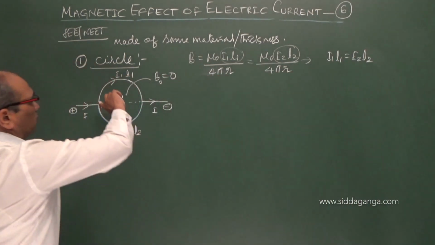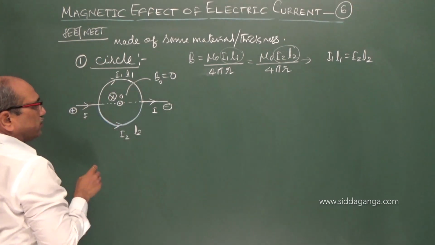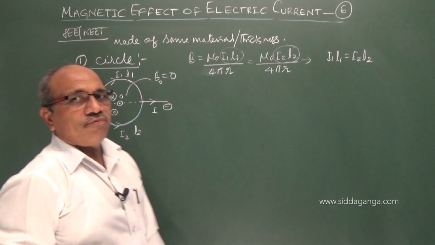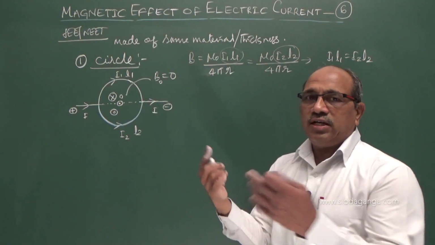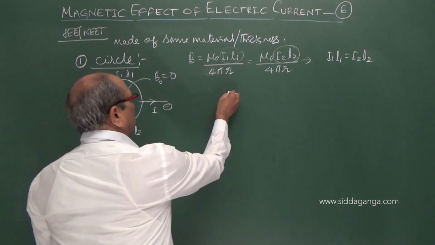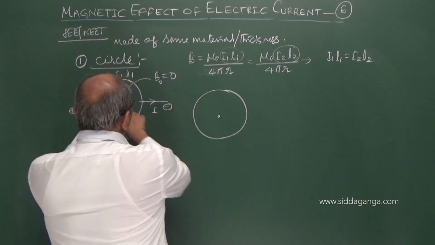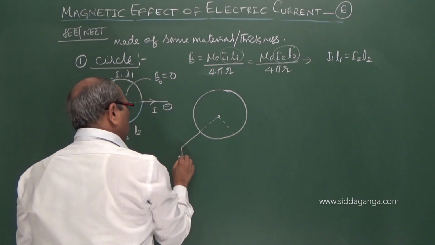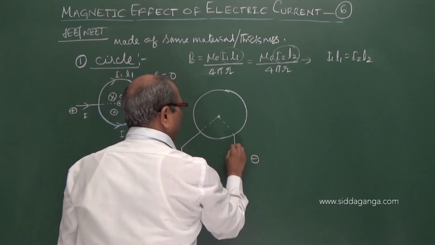So in this one part of the loop, if you take the upper half, it is clockwise, the field is negative. In the lower half it is anti-clockwise, the field is outward. Both fields are of equal magnitude according to this relation, and they mutually cancel and the net field becomes 0. Similarly, another situation in the circular loop itself: suppose the wires are connected at points with 180 degrees between them, this end positive and this end negative.